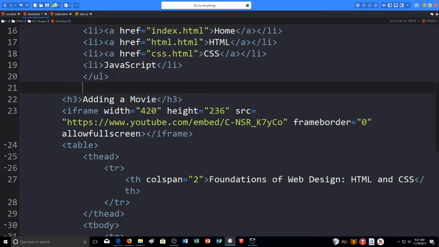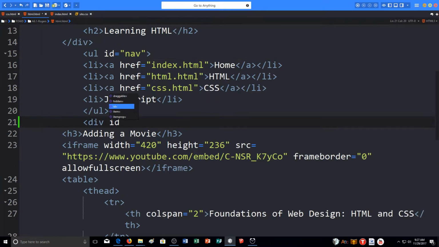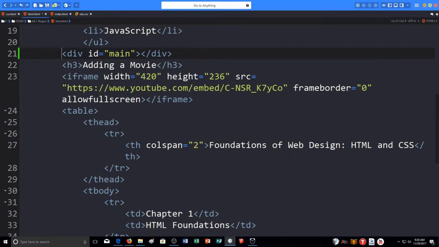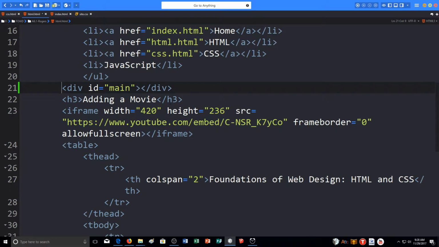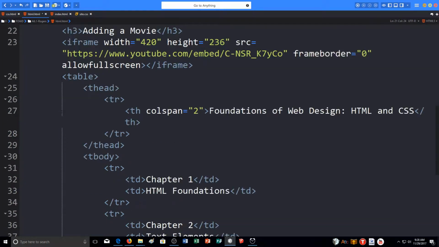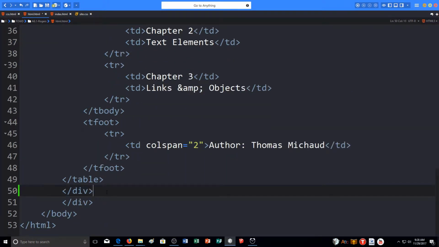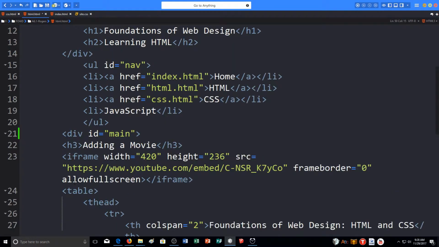So this one is going to go into div ID equals main closing tag. And I'm going to actually scoot this over one. I'm going to take the closing div tag, cut it, and move it down to just before this div tag as well. So now I have two div tags down here, and this one is for my div ID